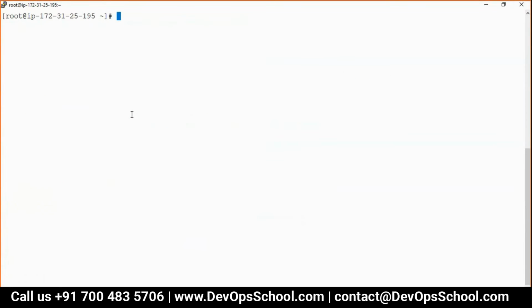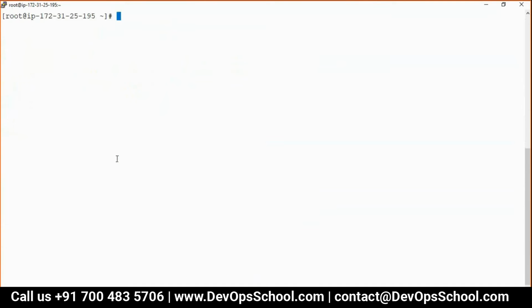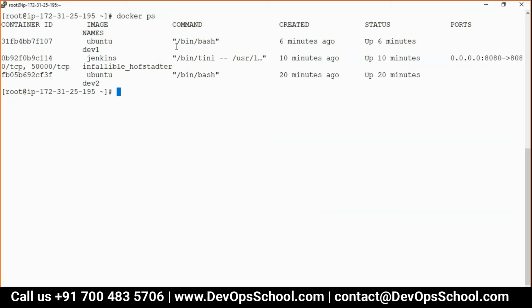So what exactly is this? Basically, in simple words, the logs command will tell you all the logs which are run and stored by bin PID1. Here I did not run anything on a bin bash, that's the reason it did not give me anything. See, here it is blank. But here I ran Jenkins, so automatically it ran something, and so you got this much of logs.